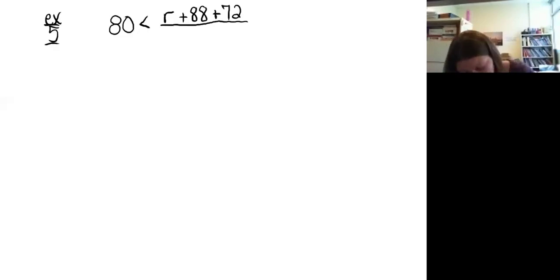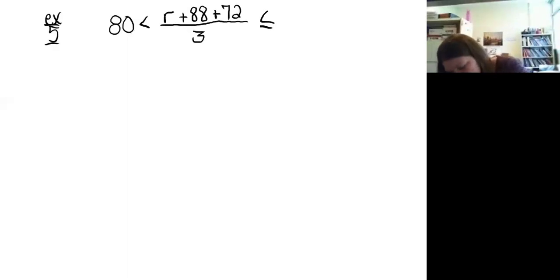So let's take a look here. This is my 5th example for you, and it freaks students out because it looks so gross, but it's actually not that hard. So it says 80, and that is by itself. Now I see a less than symbol, so 80 is just my first expression. And then I see this gross thing, R plus 88 plus 72 all over 3. And that's my middle expression, and it's a little gross. And then that whole thing is less than or equal to